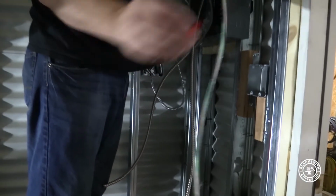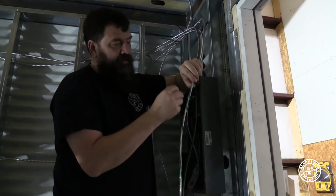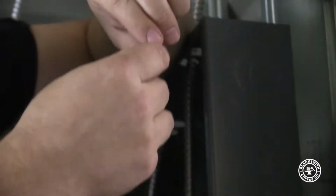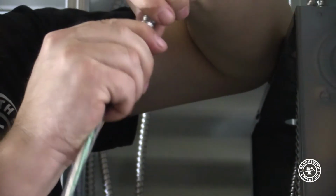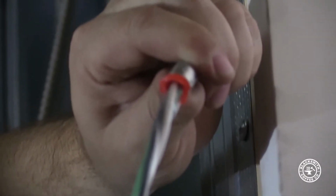The connectors actually have it, but when you cut this right here, this is really thin metal, so it's sharp, and you don't want your wires to ever rub through or anything. So you snap this on the wire like this, and you push it inside this, like that. And now you can kind of see right there at that sharp edge, it's got that nice plastic protector protecting it. Then you grab your end,